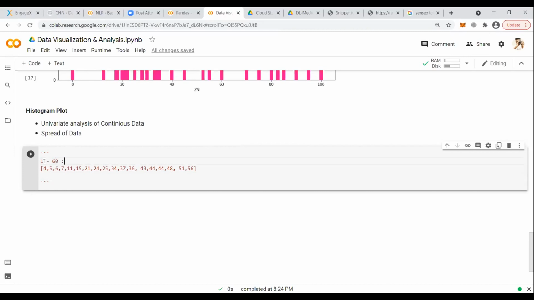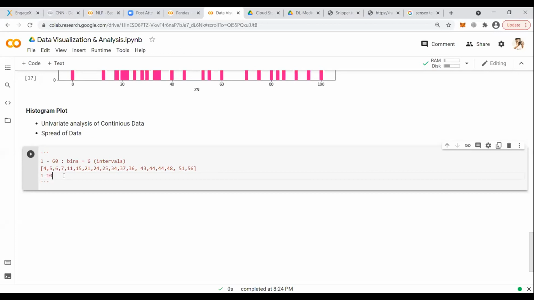What is bins? Bins is interval. The number of intervals: how many intervals are there between 1 to 60? I want 6 intervals.